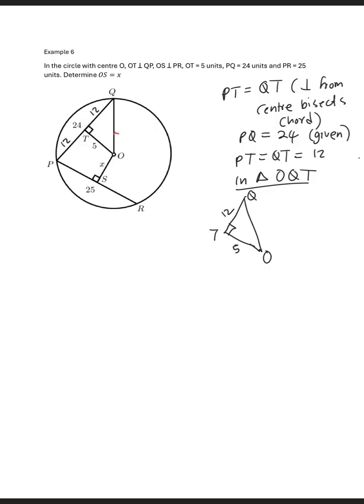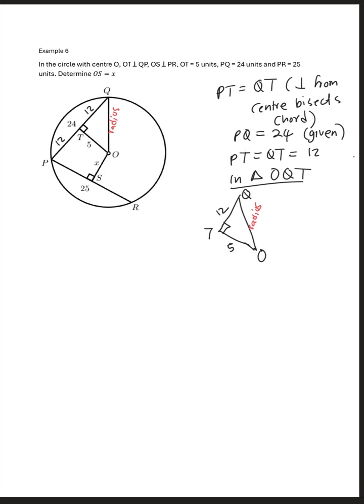It represents a radius. That's what we are looking for. It's gonna help us. Then we can now use the Pythagoras theorem. The longest side, or the hypotenuse, is OQ. So we're going to say OQ squared is equals to OT squared plus TQ